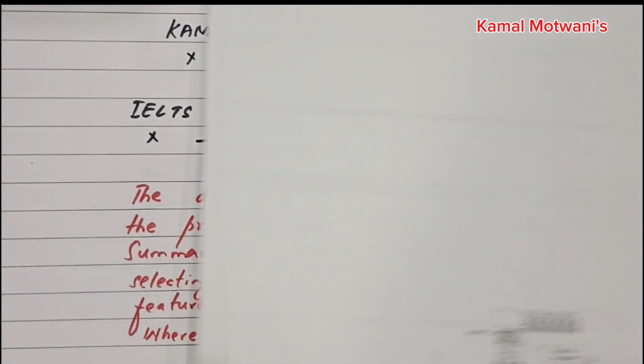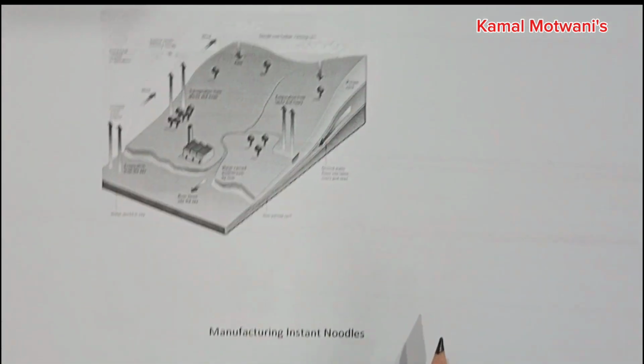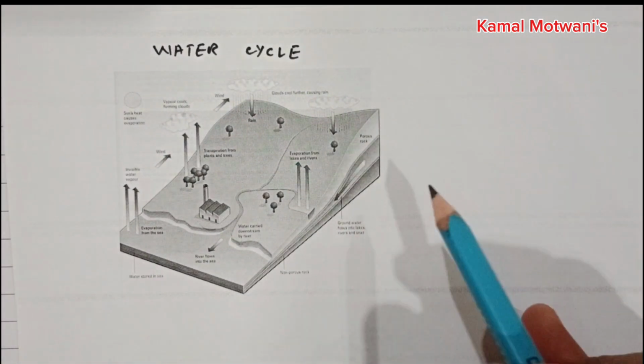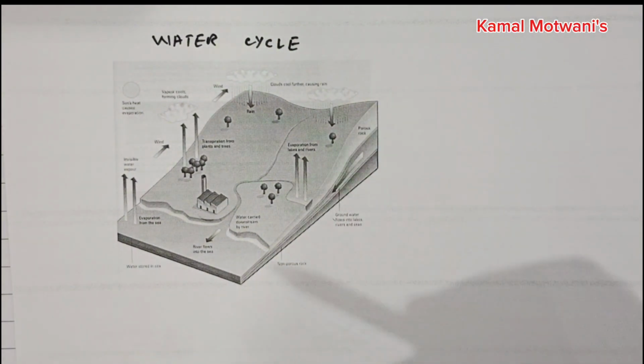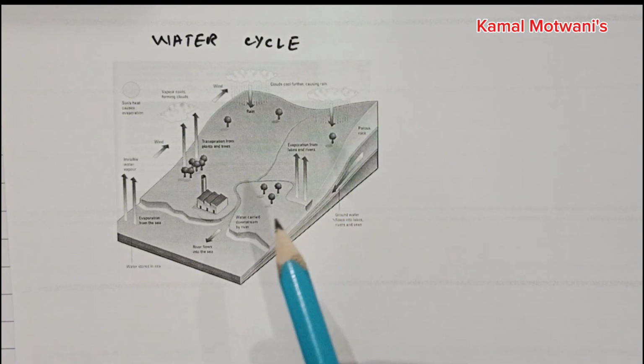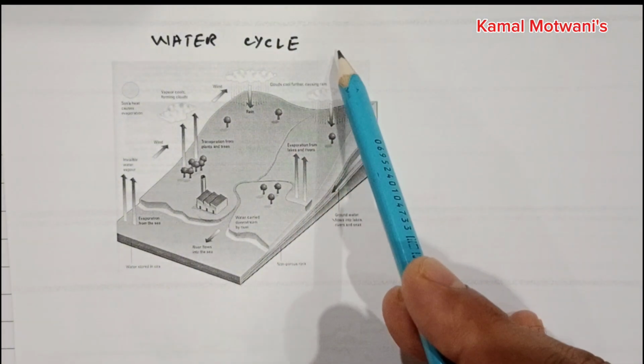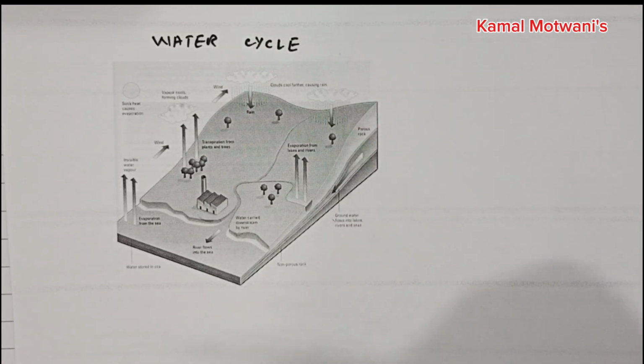Okay, the third type of process diagram is again this one. This is the water cycle. It is also the recurring process because it is the natural process. When the rays of sun falls on the water, then the water gets evaporated, the clouds are formed, the clouds pour the rain, again falls on the earth, in rivers, in canals. The sunlight again falls on this water and the water gets evaporated. The process keeps on continuing. So it means it is also the recurring process, it is the natural process. It does not need an artificial source to restart.